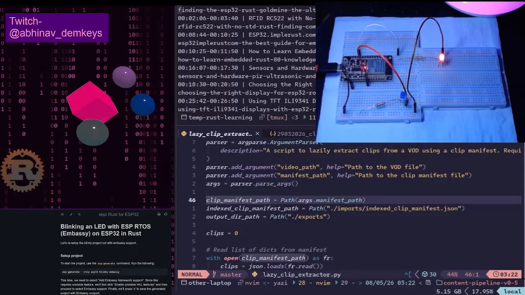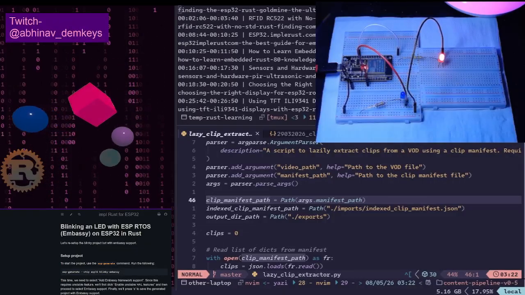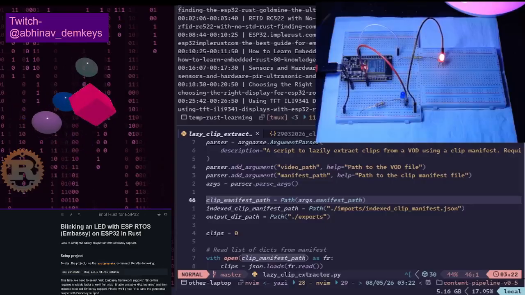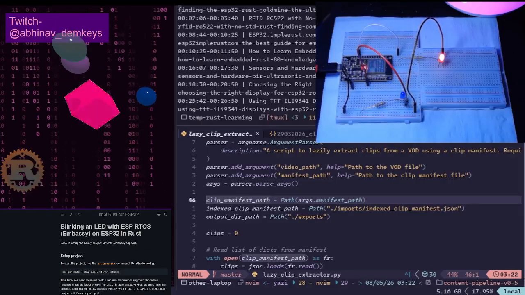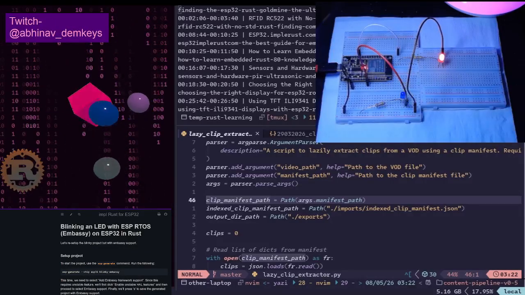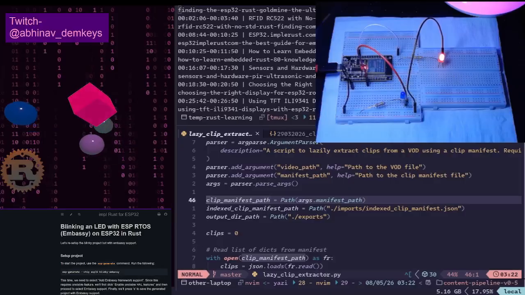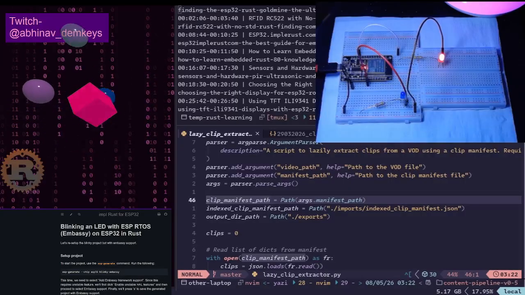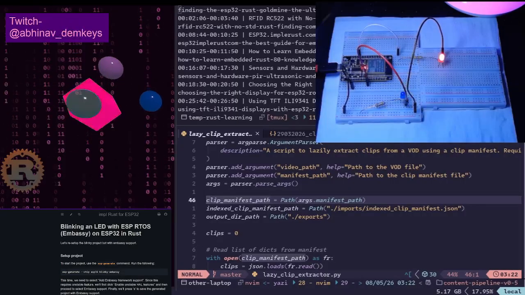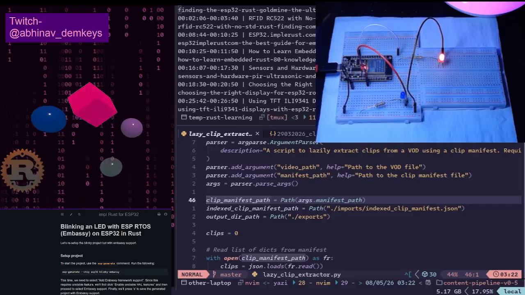So I usually get anywhere between 25 to let's say 40 clips. I told Gemini you can generate up to 50 clips. I figured that would be good. Okay, no, hold on. I told Gemini you can generate up to 50 clips. However,